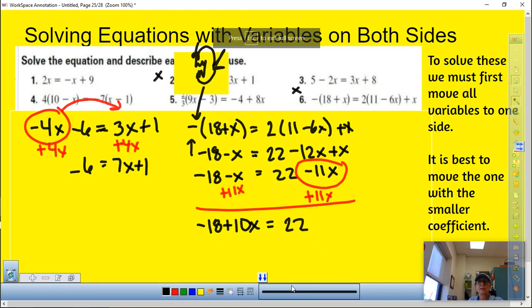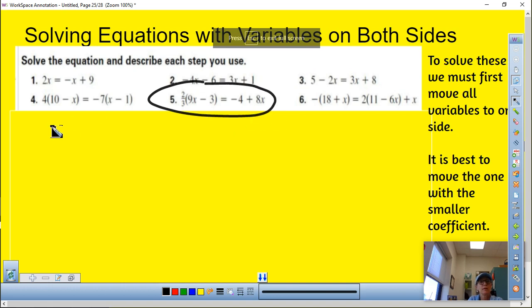And now this is just a simple two-step equation. Add 18 to both sides and divide by 10. I might have missed some numbers in there, but my process is fine. So I want now to talk about